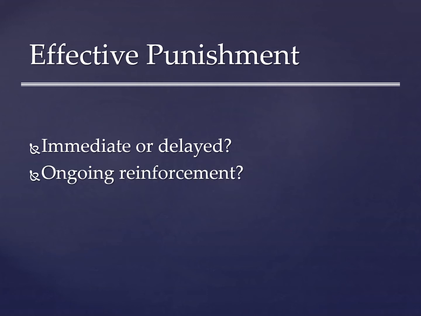Will punishment be effective if the target behavior is also still being reinforced? For example, let's say the behavior is maintained by automatic reinforcement, but we also deliver a vocal reprimand each time it happens. Will this quickly suppress behavior? Not likely. The punishment would need to be much stronger than the reinforcement maintaining the behavior, and even then, the behavior would simply continue to occur in any context in which punishment wasn't being delivered.